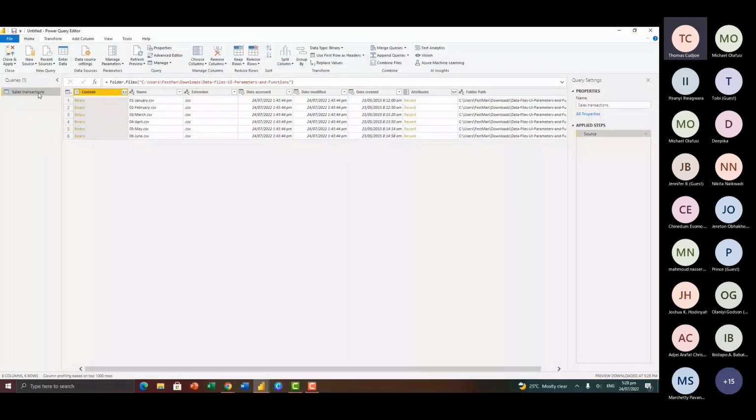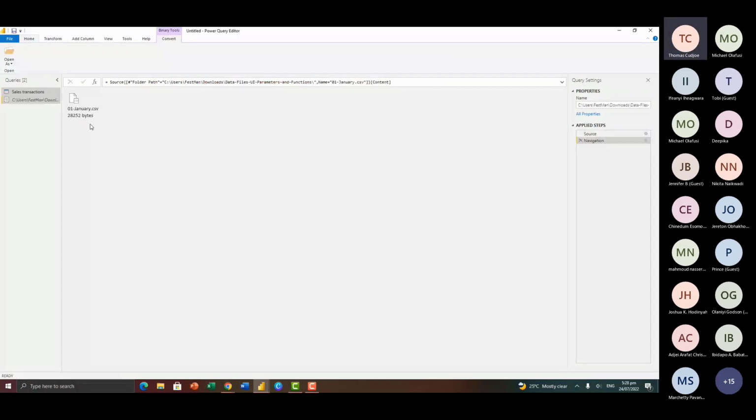Now what I'm going to do here is to click on one of these. You can see that for each of the CSV files, we have the content here, which is stored as binary. Then we have the name, the extension, and other information relating to each of the files. So what I'm going to do is to right click on one of the binaries and click on add as new query. So I have this here. Now what I'm going to do is to rename this.